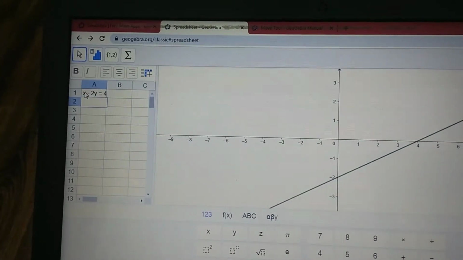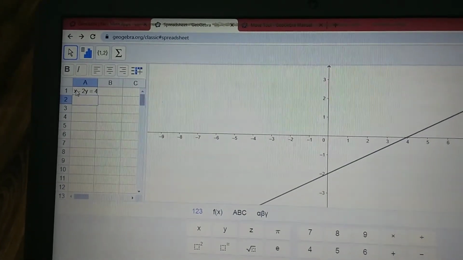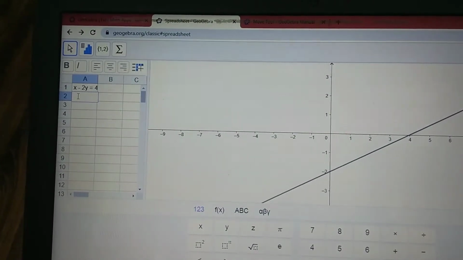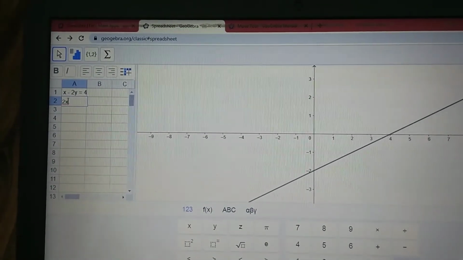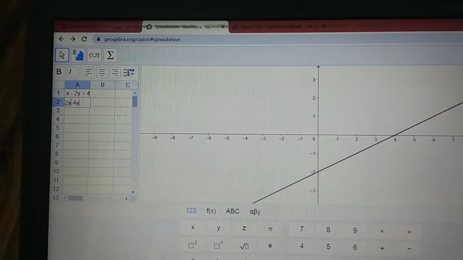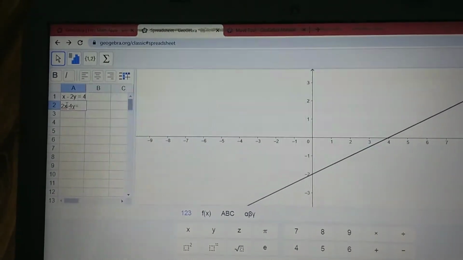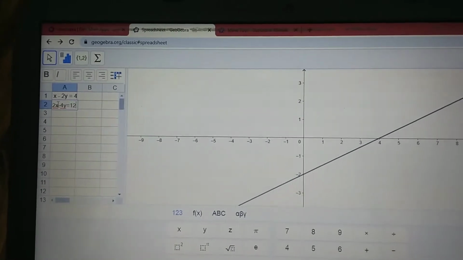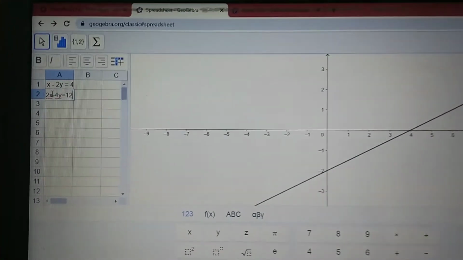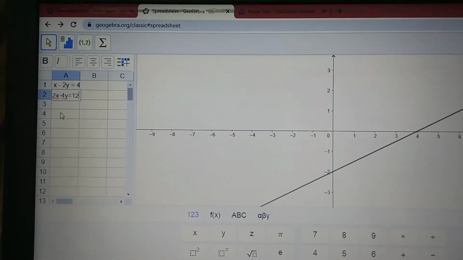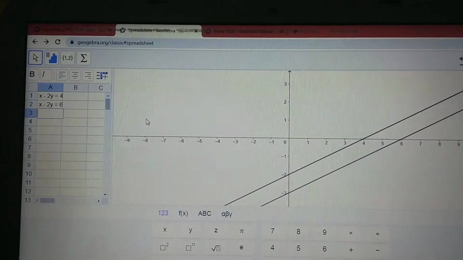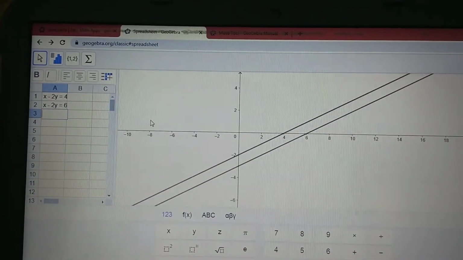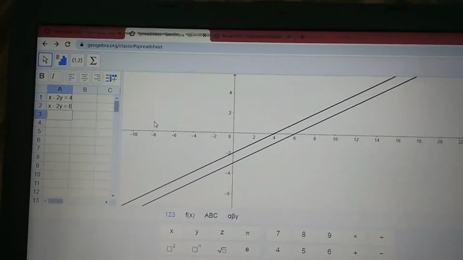As soon as we click on enter, we get this line for the equation. The next one is 2x - 4y = 12. Now when we click on enter for this line, we get this. What we can see over here is both the lines are parallel lines.